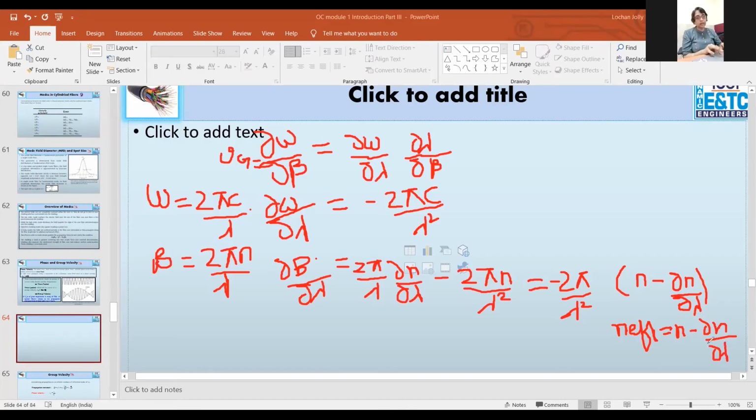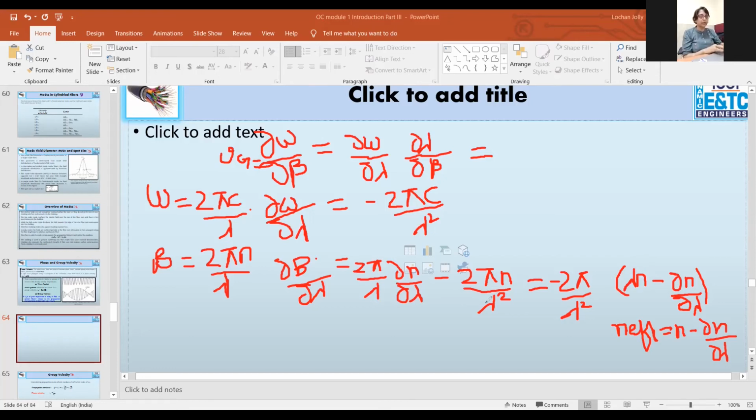Okay. Now, can you tell me in terms of these parameters or equations that we have, can you tell me the equation of your group velocity? Ma'am, the first term does not contain lambda. Yeah, correct. I made a mistake. This is a lambda square that I have taken. It has to be having a lambda.